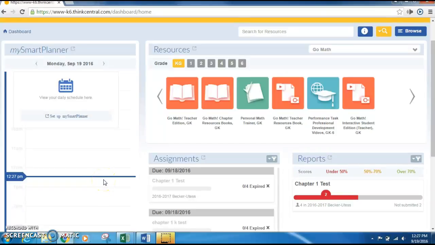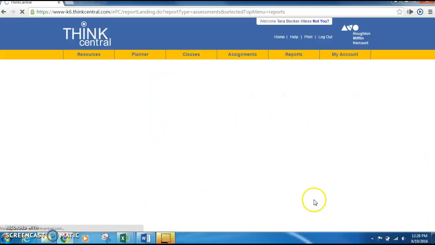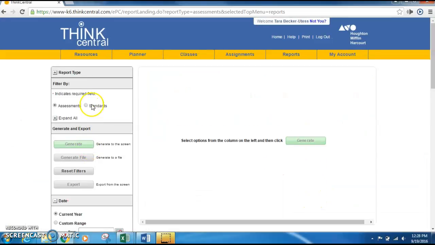Hi, I want to show you how to find a nice standards-based report that you can use. You can choose it by test or you can choose it to cover all the different tests you've assigned. So the very first thing you're going to do is click on Reports, and from there up at the top you're going to click this Standards button,